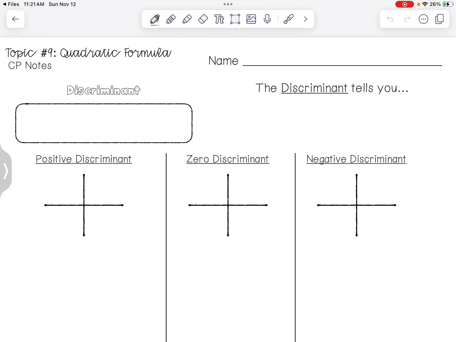So we've been examining quadratic equations from all different sorts of perspectives, right? We have graphed quadratic equations, parabolas. We have factored quadratic equations. Now we're going to look at another way to solve quadratic equations, and that's with something called the quadratic formula. And the first piece of that is something called the discriminant. So we're going to be solving equations, and the discriminant just tells you how many